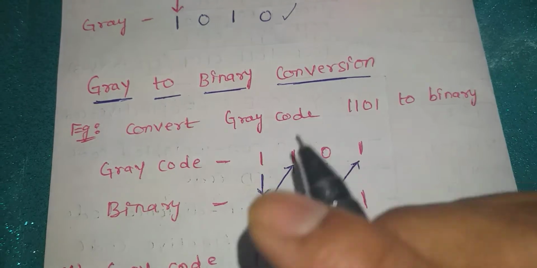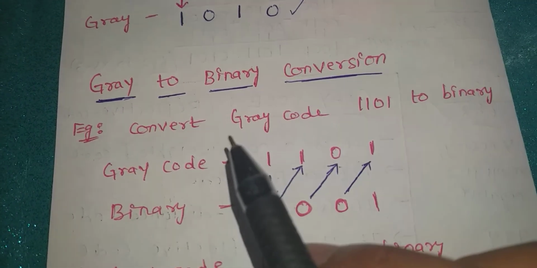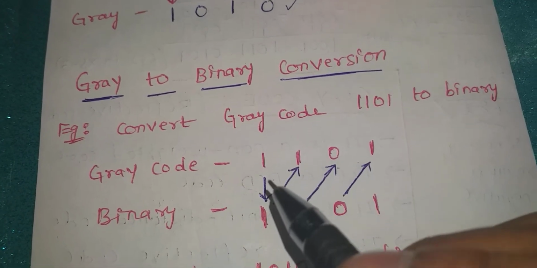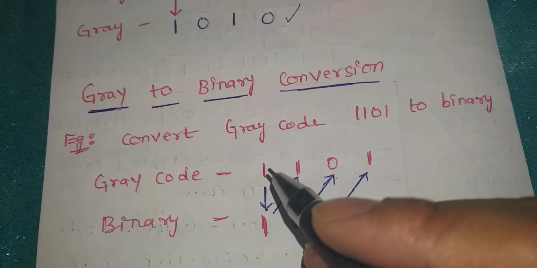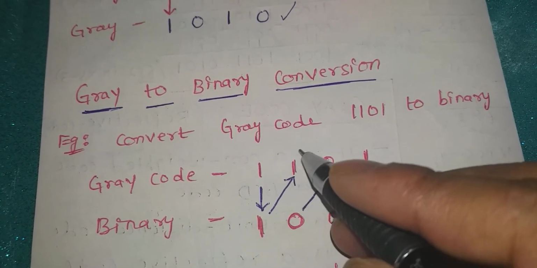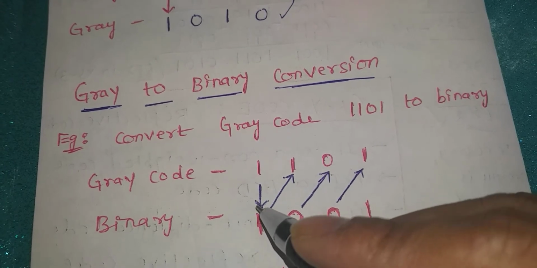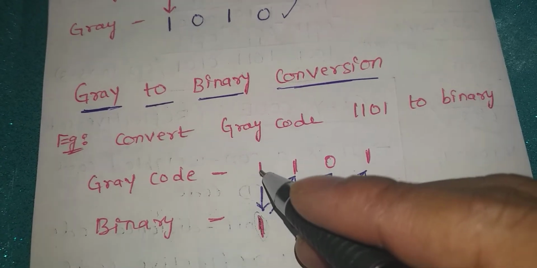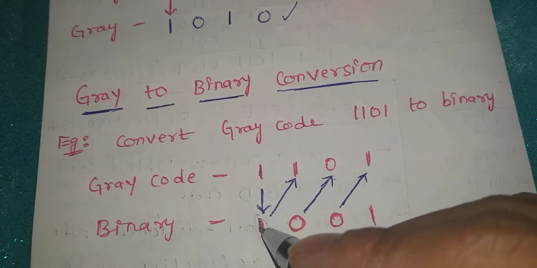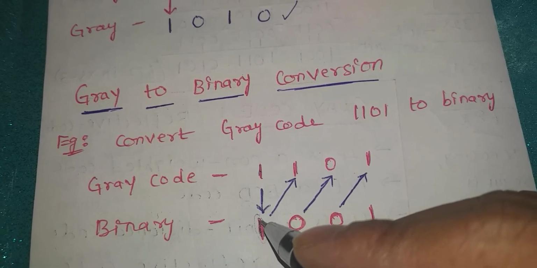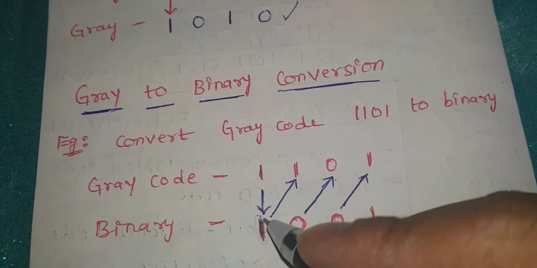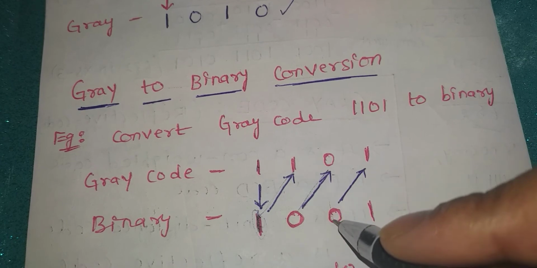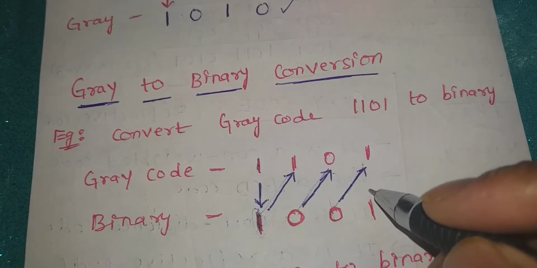Now we will look at the opposite, that means gray to binary conversion. Convert gray code 1101 to binary. Now what is the given gray code? 1101. Here also take the MSB as it is, but instead of checking like this, we have to check the conversion by considering the output. That means the MSB will be as it is in the binary position. Now we have to check the transition based on this bit. 1 to 1, there is no transition, the output is 0. 0 to 0, there is no transition, the output is 0. 0 to 1, there is a transition, the output is 1.